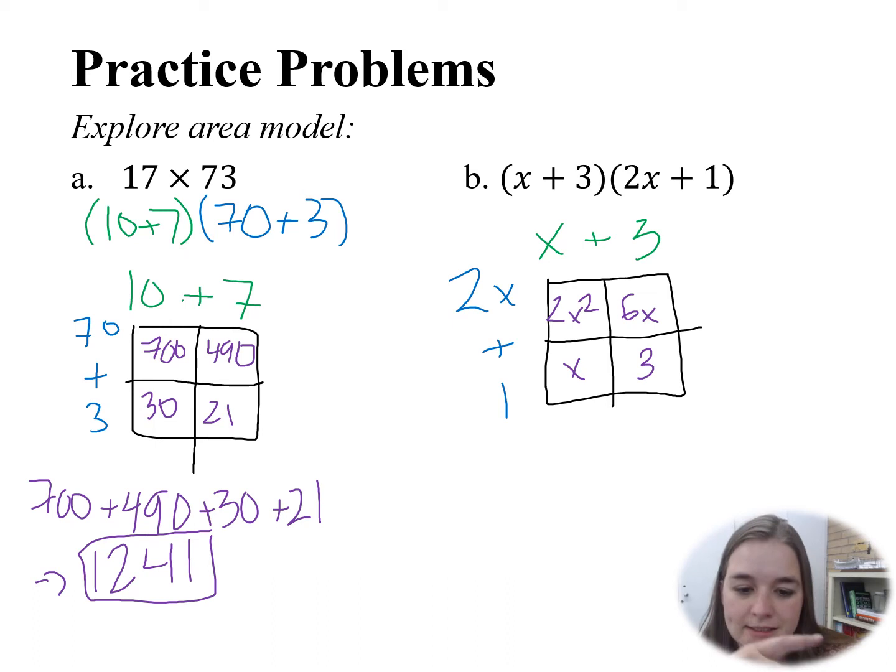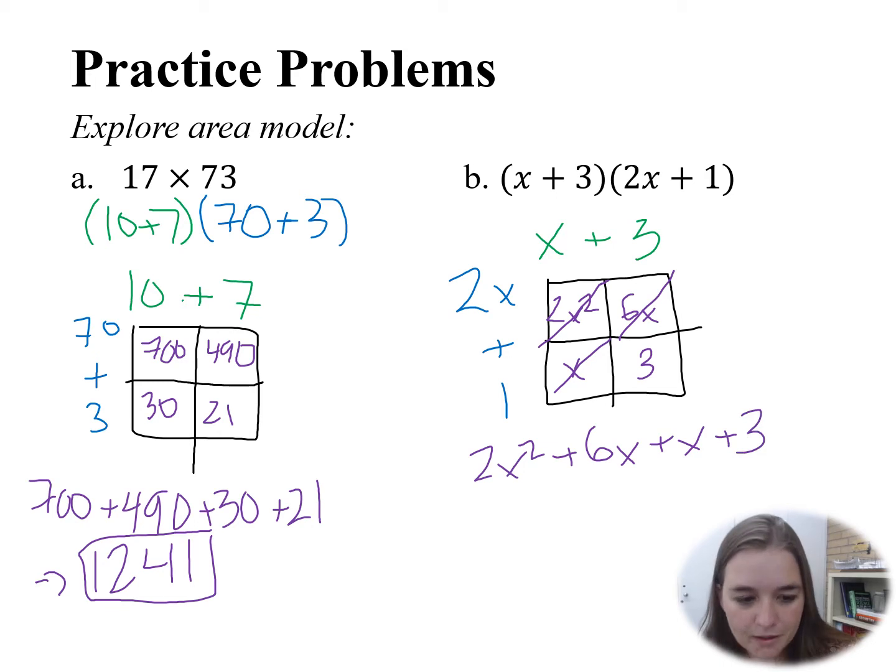Like before, now I need to add up each piece. And I want to keep this in standard form, so I want to order my different terms from highest exponent power to the lowest exponent power. So first I see 2x squared. I'm going to cross it off as I use it up so that I don't forget to copy down anything out of my box. Next box, I see 6x, cross it off once I've used it up, plus x plus